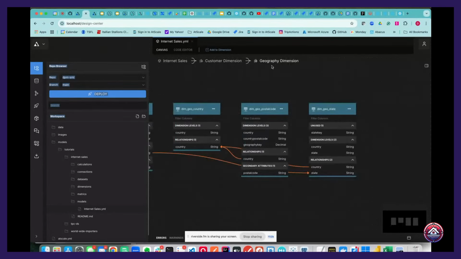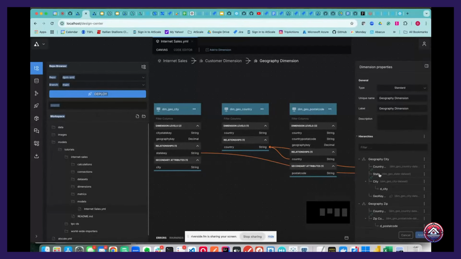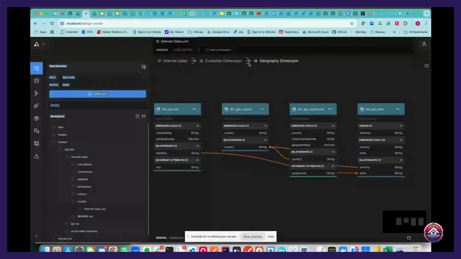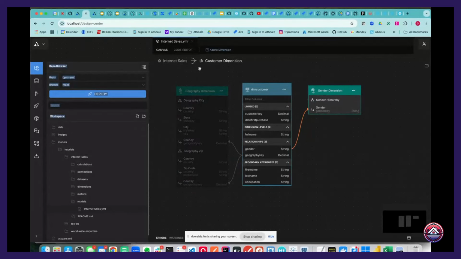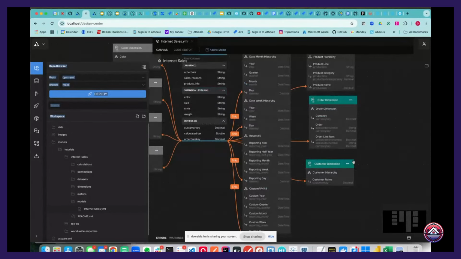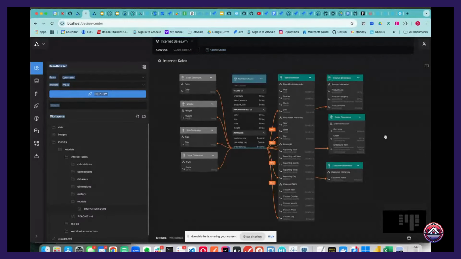If I drill through now, you see the breadcrumbs. Now I'm on the geography dimension, and the geography dimension has two different hierarchies rolling up: city, state, country, and zip code and country. So two different ways of rolling it up. And you can see that the model is built on these building blocks. The customer dimension is made up of a geography dimension and a gender dimension. The internet sales model is made up of the customer dimension, which pulls all that in. So now that we have a library, and this is all just in a repository, in GitHub, and I'm working